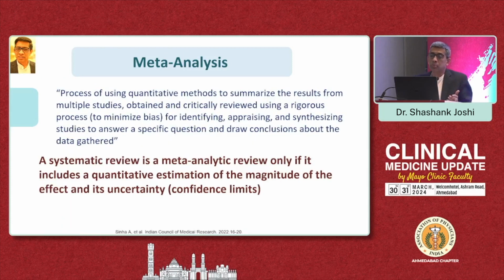And then we move to a meta-analysis, which is the second part of my talk, for which I have around 9.5 minutes. It's a process. Meta-analysis is a very systematic review of quantitative estimation. So what we did before that was a filtering process of asking questions and putting it in a construct, while meta-analysis is a very, very quantitative estimation of the magnitude of effect and the uncertainty of that, because